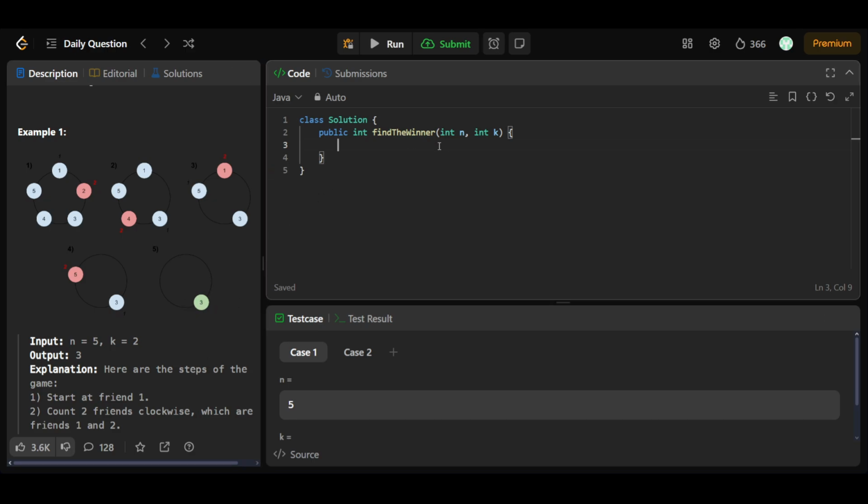Okay, so for now, what we'll have to do is create a kind of list, a circular list, on which we'll be performing the operation. Let's have a list of integers, let's call it circle, that is equal to a new ArrayList. Now I'll be updating this ArrayList: for int i equal to 1, i less than or equal to n, i plus plus, I'll be doing circle dot add